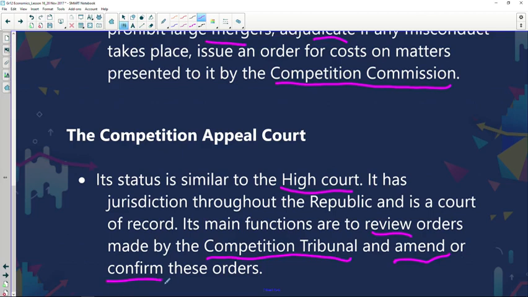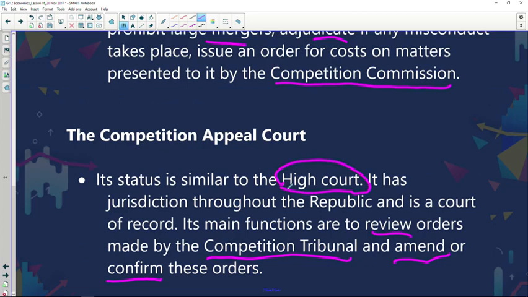So they could turn around and say, we believe that was a fair decision, so we dismiss your appeal, and then judgment will remain. So this is the platform for that: if a firm is not happy with the decision that was taken by the Competition Tribunal, then they've got another institution that they can approach in order to get the decision to be amended or to be confirmed. But this does act as a high court. It's very similar to a high court, where the final decision